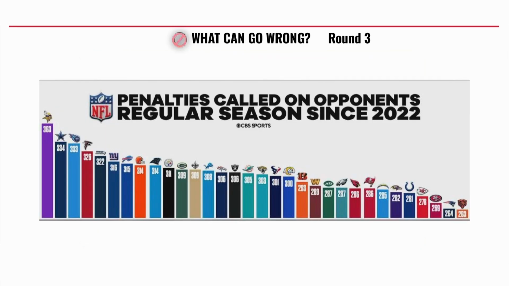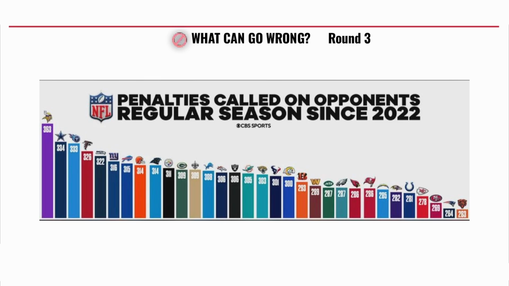This third bar chart is looking at the penalties called on opponents in the regular season in the NFL since 2022. And as a diehard Vikings fan, this graph pains me to look at, but for stats, we're going to go into it. Now, yes, they do use pictures on the top of the bars, but since the bars themselves don't contain pictures, I don't have any immediate problem with that. I do like the colors of the bars. It makes it very easy to distinguish between themselves since there are a lot of bars here,